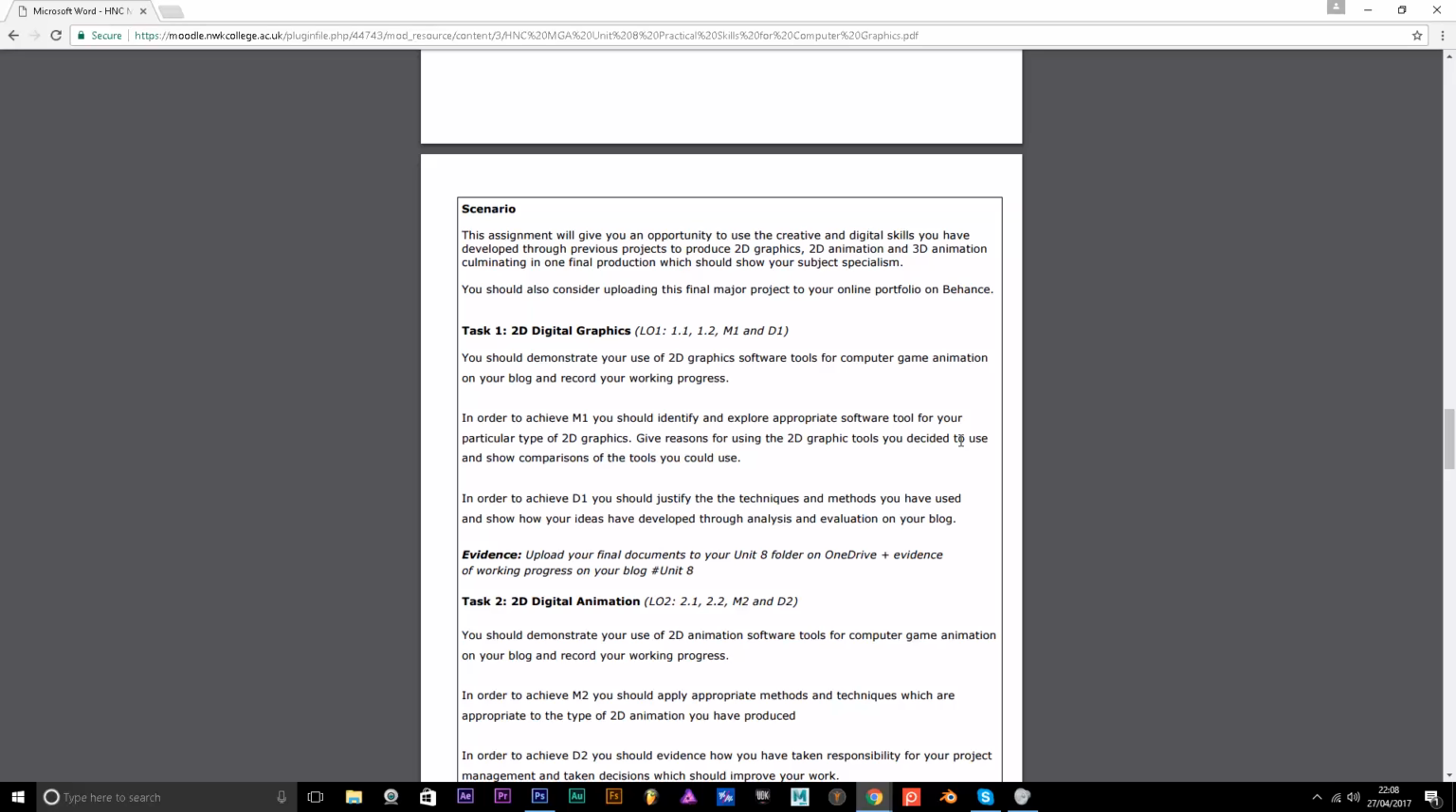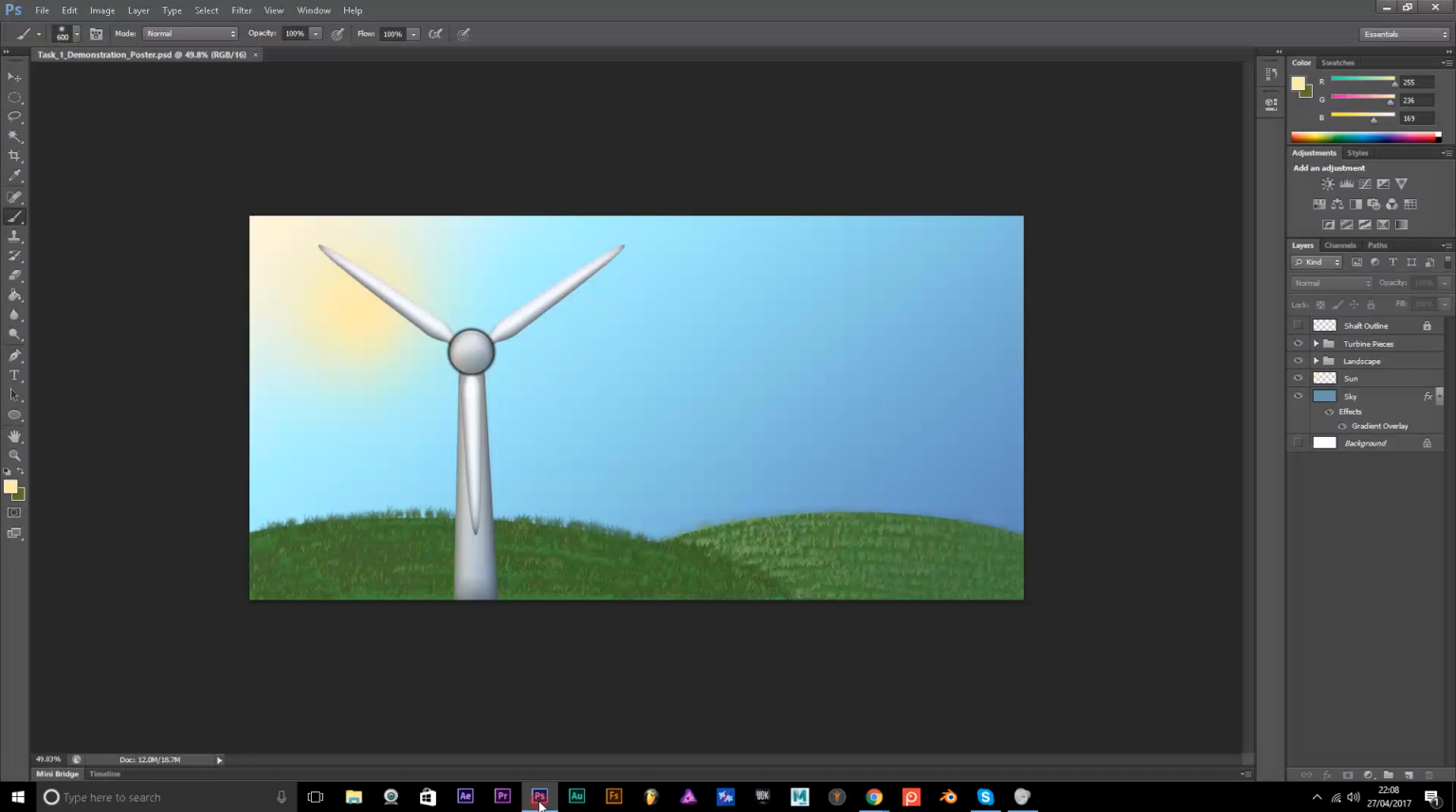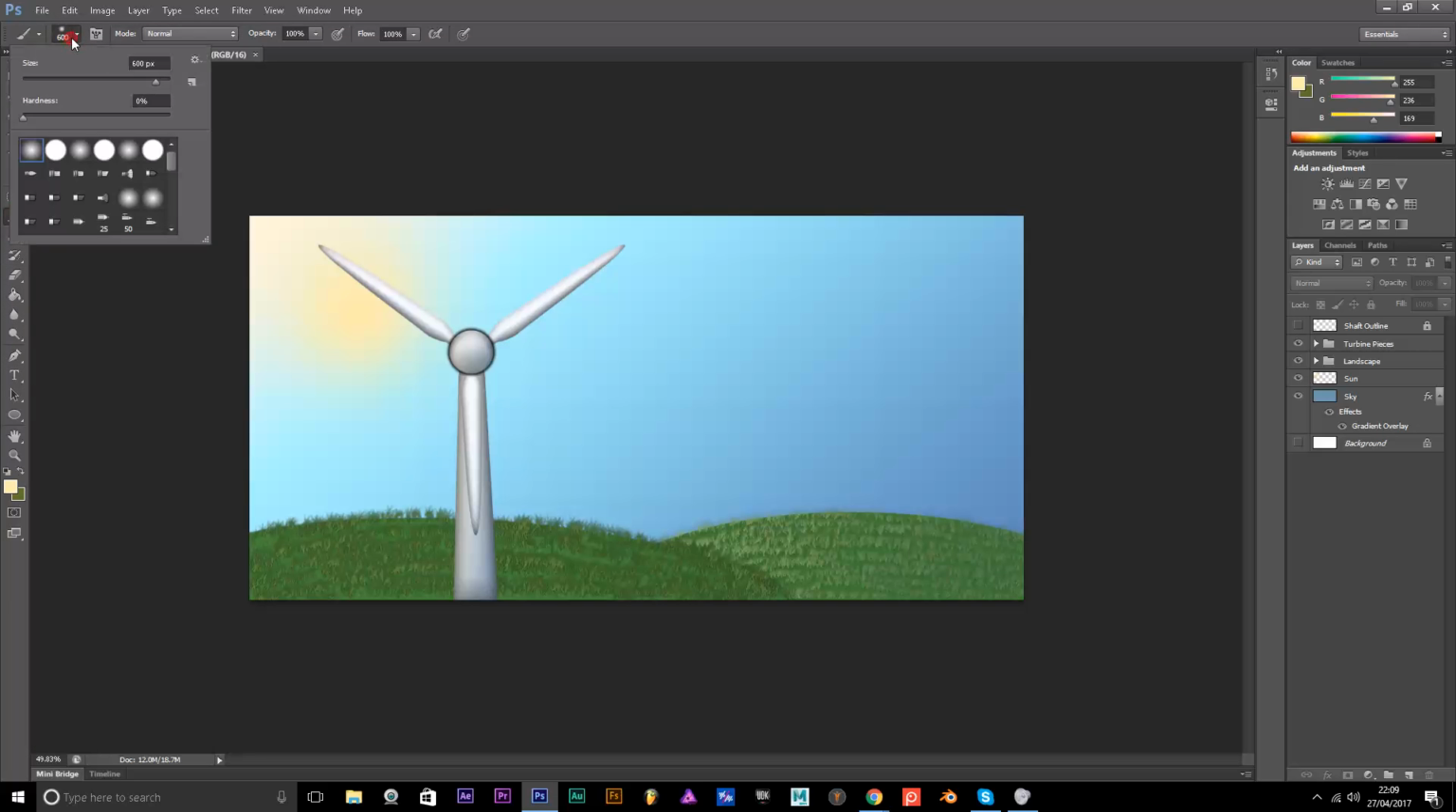And it says show comparisons of the tools I could have used. Okay, so if I had to make a comparison, I could have used the pencil tool for painting these, but I also could have used the lasso tool to select certain areas like that and just create certain things. When it comes to these grass ones, I could have used other brushes like